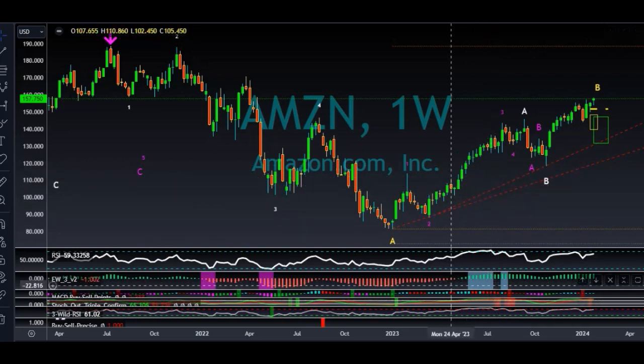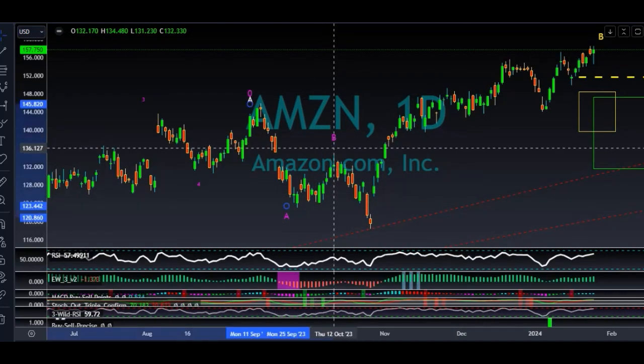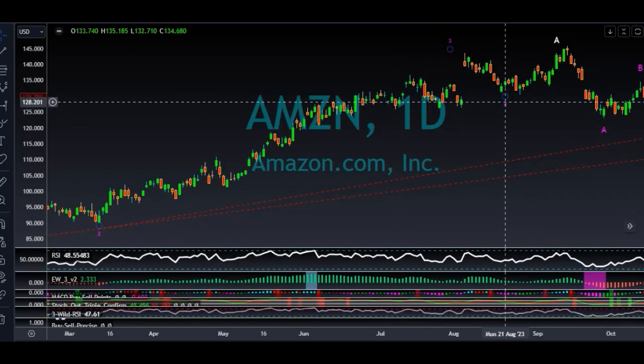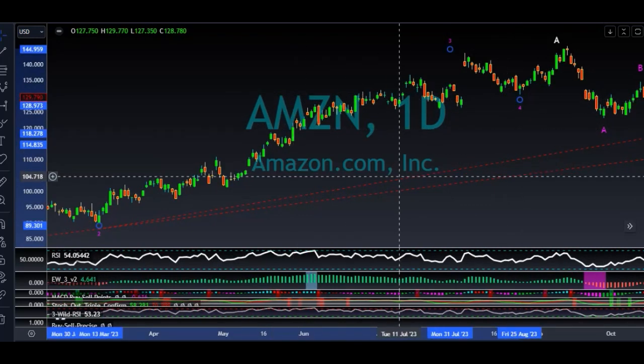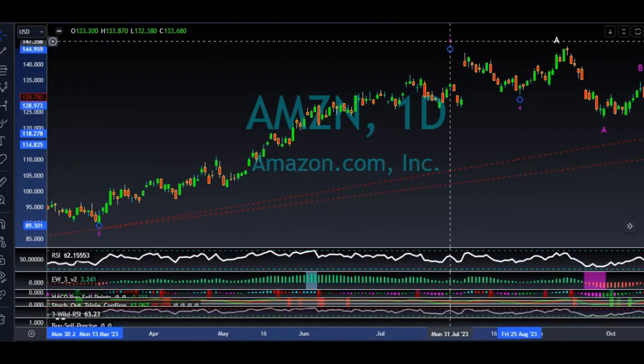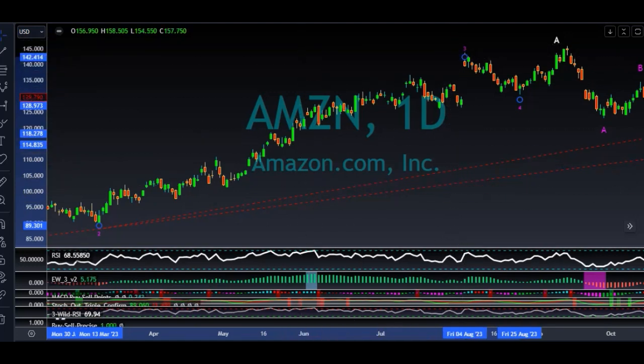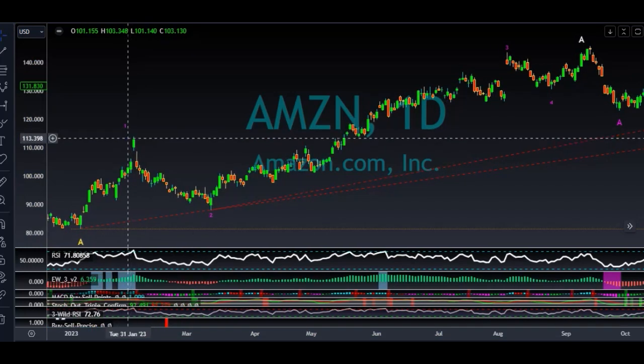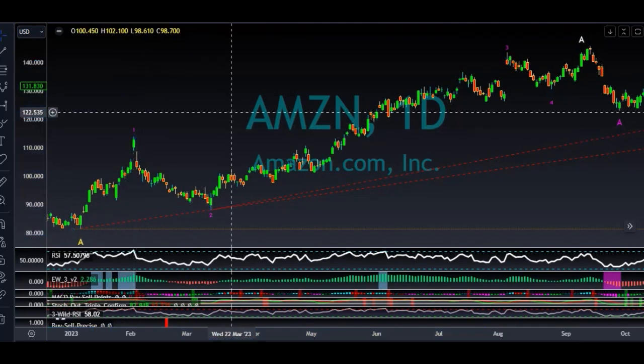So once again, this indicator helps me orient myself in where we're at. Now, I've zoomed in on the daily chart, and I get a little bit better idea of where things are. The problem is the wave 3 indicator is going to show up in different places on different charts, so you have to use all of your time frames. TradingView does a great job of allowing you to place things on your chart, and then they're there when you zoom into other